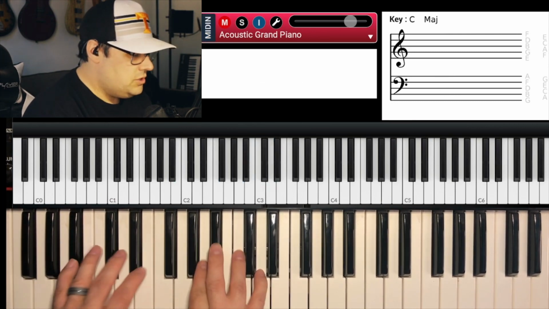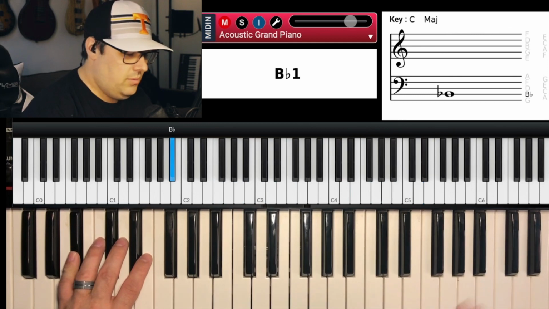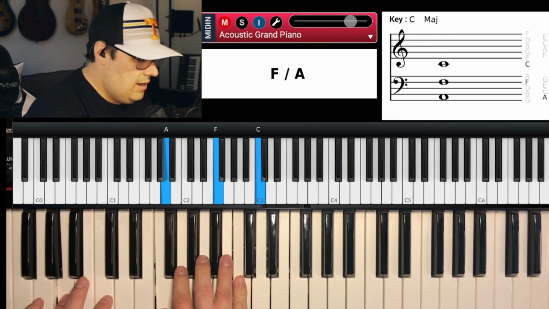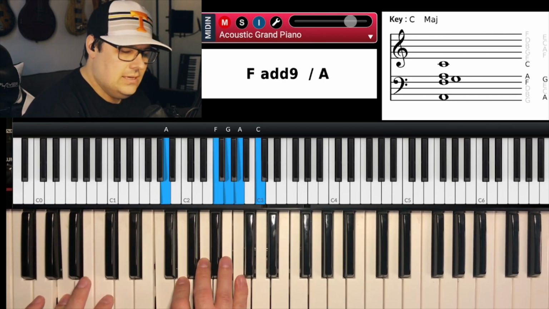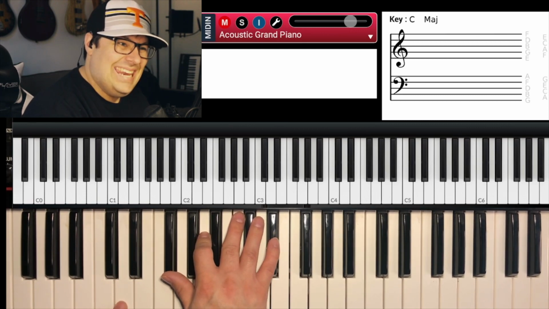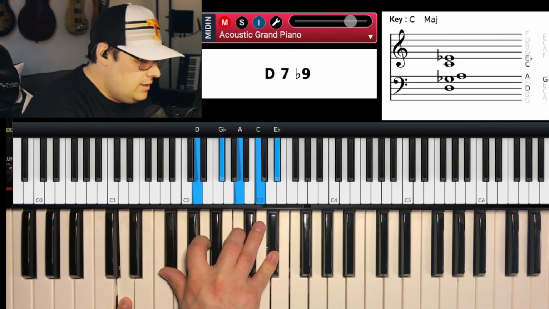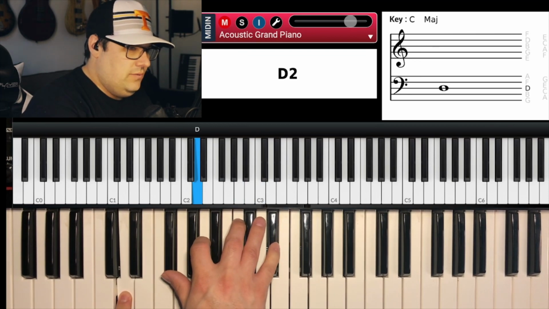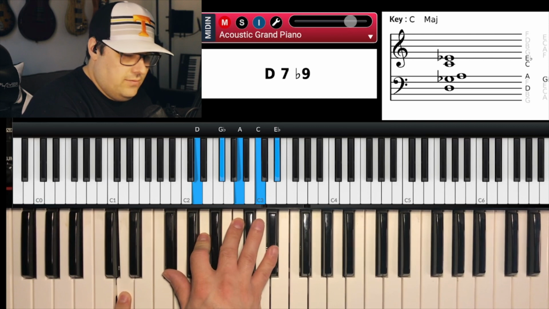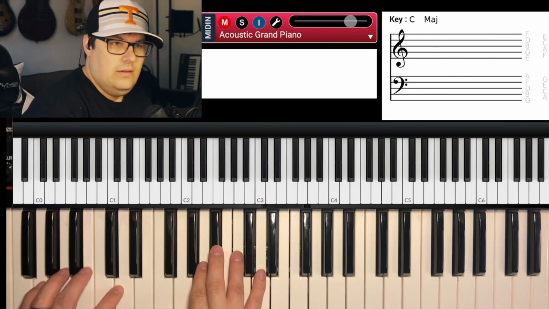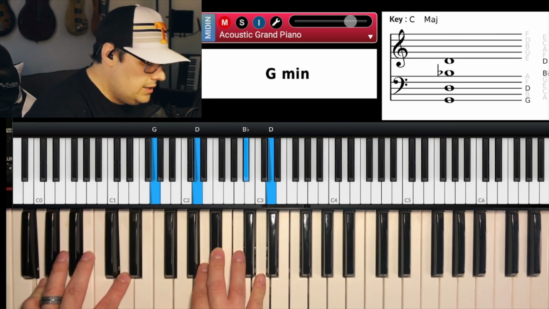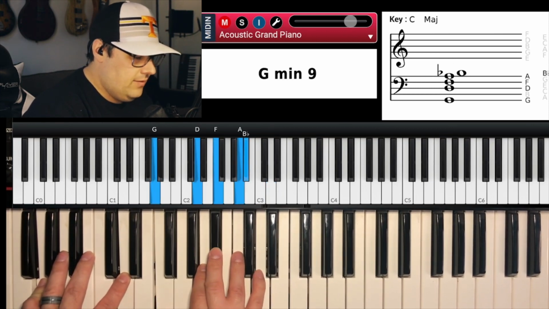Let's take another chord progression. So B flat, same B flat, F2 over A, so A, F, G, A, and C. We're going to do a D7 flat 9 passing chord. That's D, and then a G flat diminished chord like G flat, A, C, E flat, G minor 9, G, D in the bass, F, A, B flat, D,